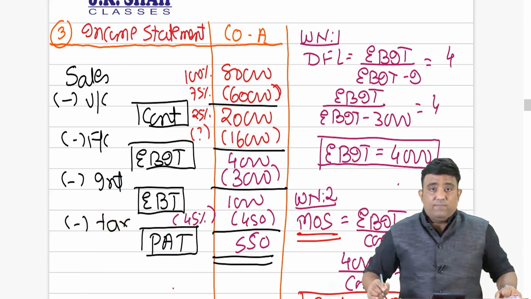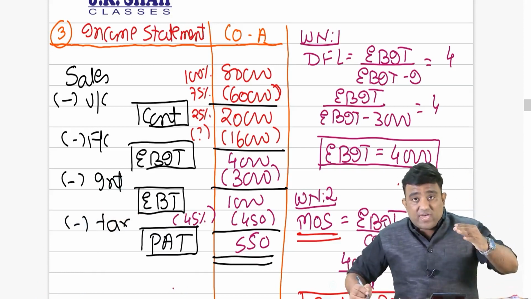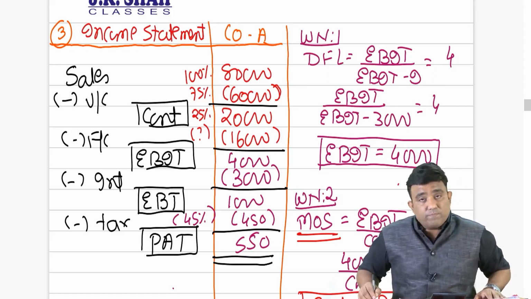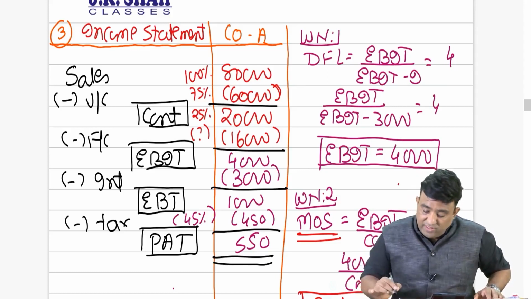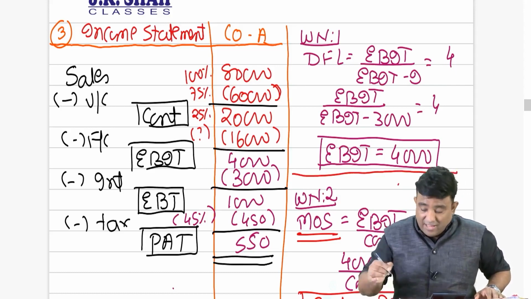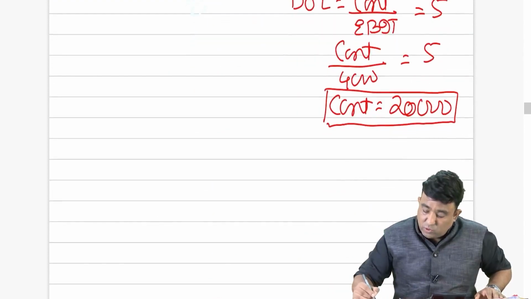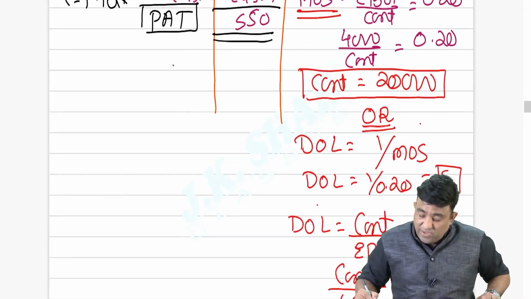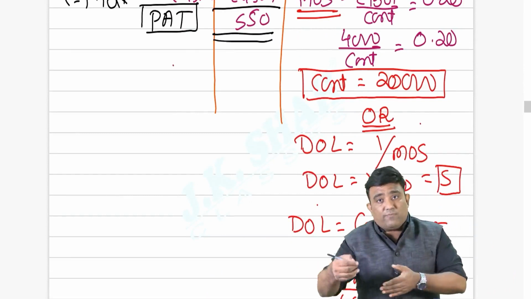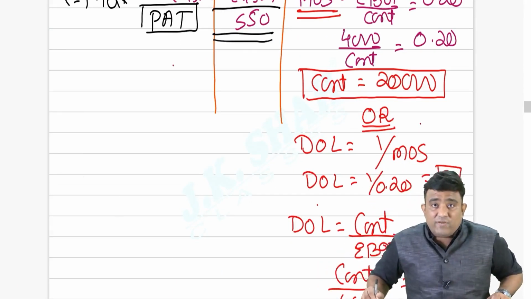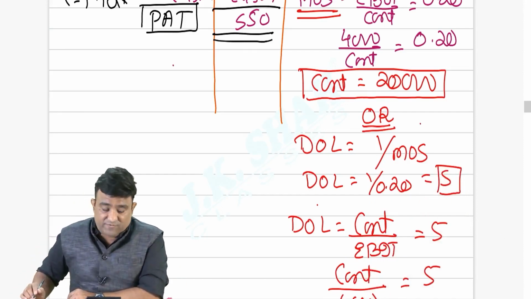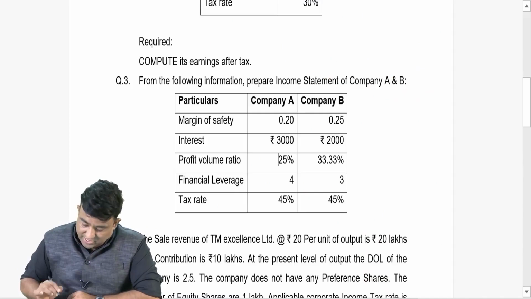of company A. On this basis, you can, as a part of practice, prepare the income statement of company B. Clear everyone? So what we have done, we have taken working note 1, whereby we have calculated EBIT. We have taken working note 2, whereby I have introduced a very good concept of margin of safety, which is either EBIT upon contribution or DOL is 1 upon MOS or MOS is 1 upon DOL. It's one and the same. Okay everyone? Good to go ahead? So do remember the concept of margin of safety. Next, I can take